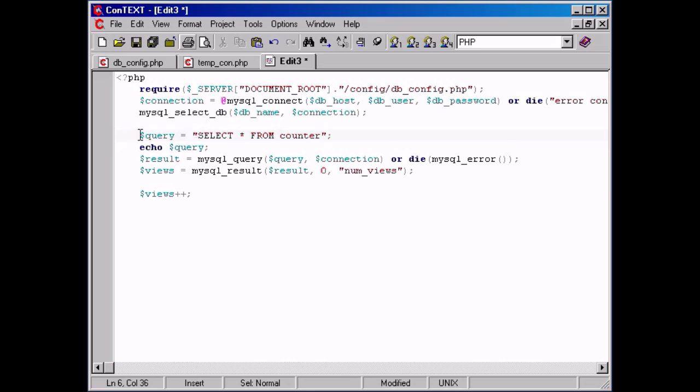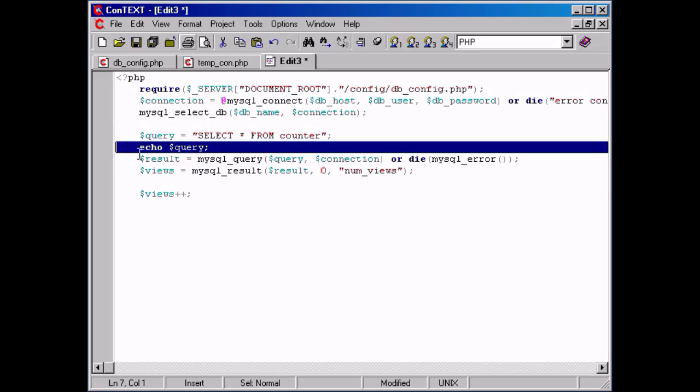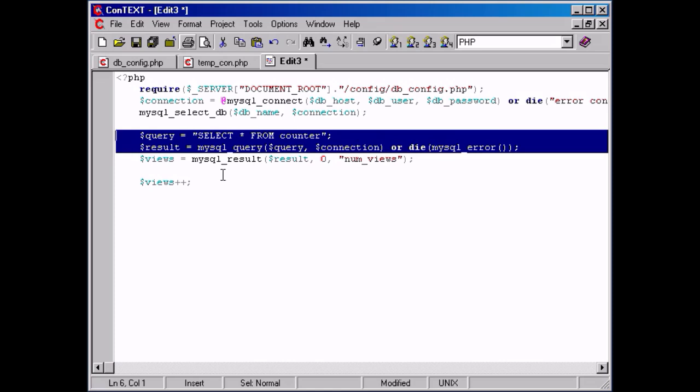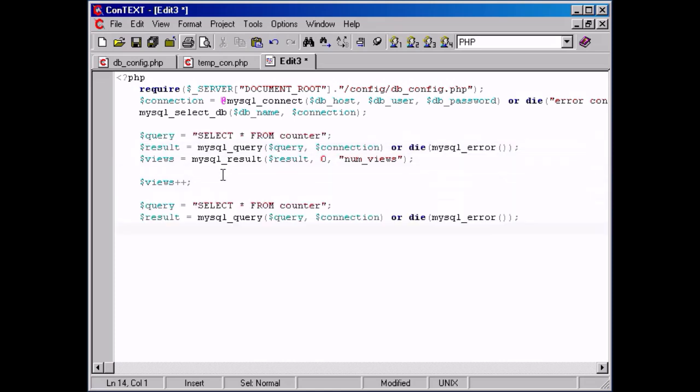This just makes it very easy to split this whole operation up into different steps. I'm going to take that back out because we won't be using it. We'll just be looking at MySQL error if something goes wrong. So we'll do another, and at this point I'm going to get just a little bit lazy. We're going to do almost the exact same thing. We need to start a query and we need to run it. But this time, the query is going to be